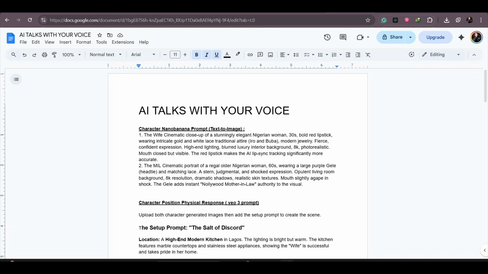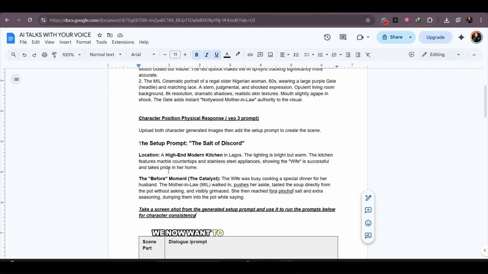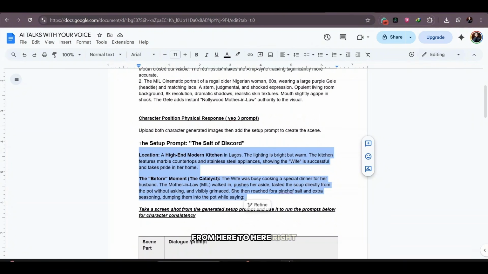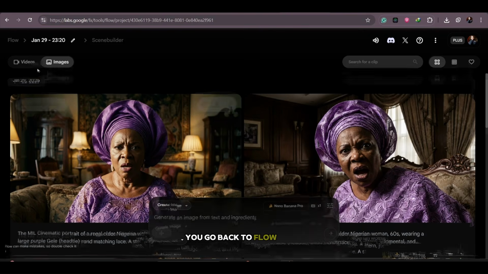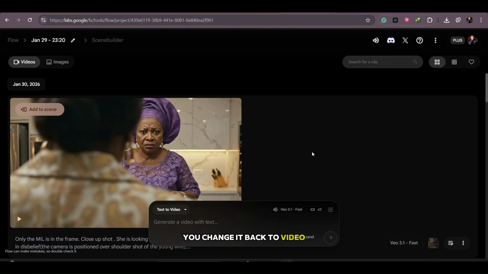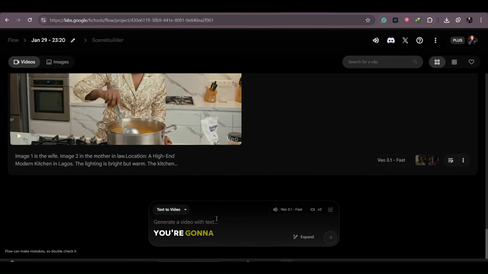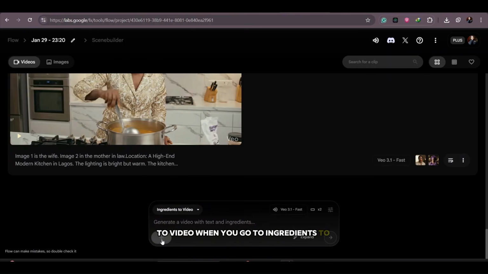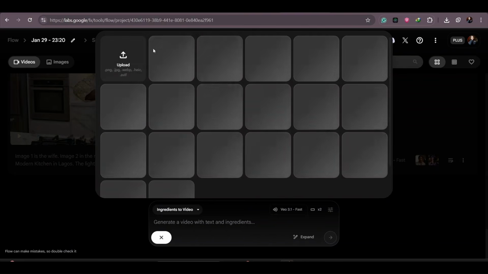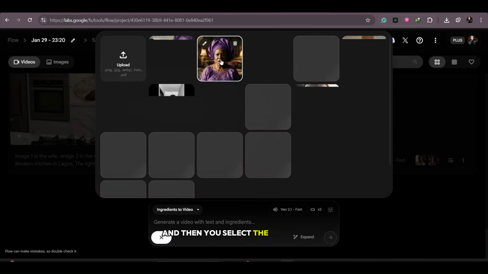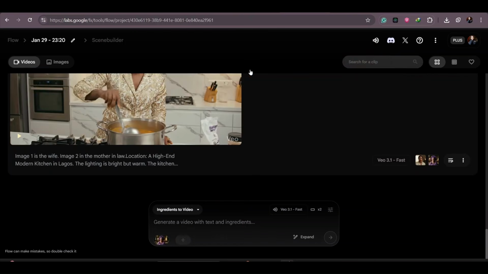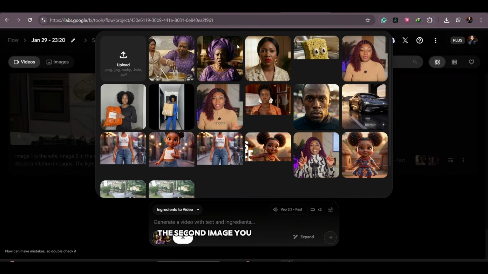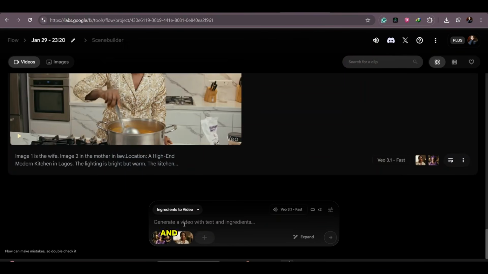and I think it's beautiful. So now to the second prompt, we now want to create the setup kitchen scene. So you come over here and copy it like this from here to here, right? You go back to Flow, video, you change it back to video. Now we want to create a video, okay? You're going to go over here and change it to ingredients to video. When you go to ingredients to video, you press the plus sign and then you select the image of the mother-in-law, and the second image you select is the image of the lady, and you come over here and then